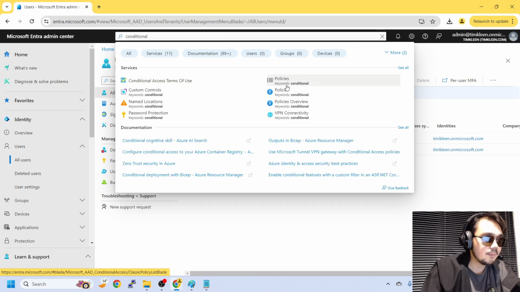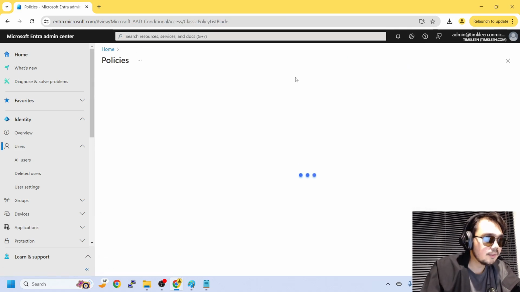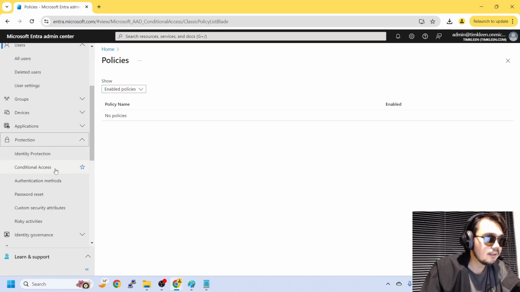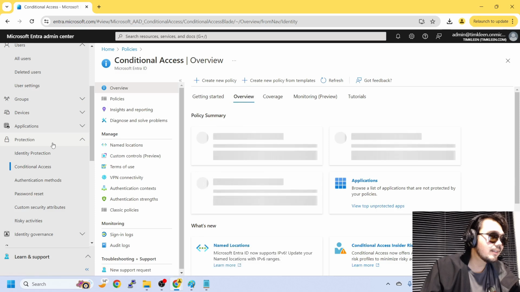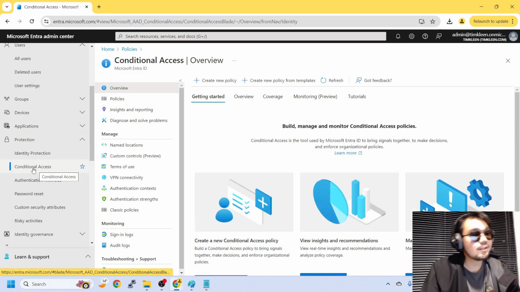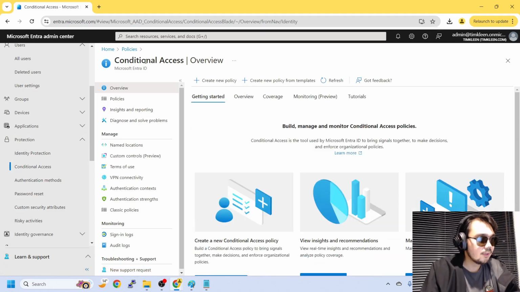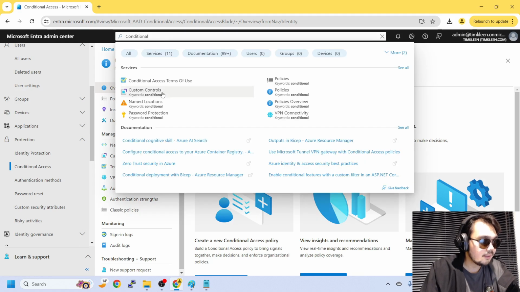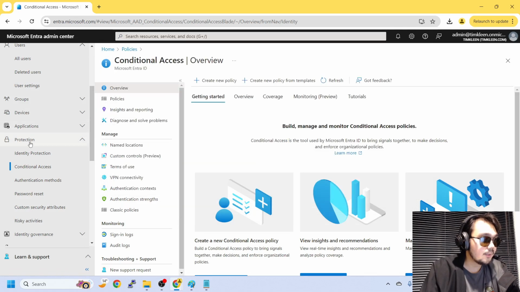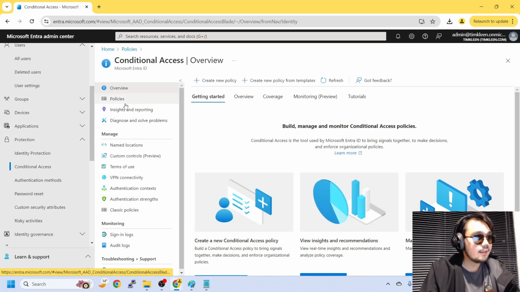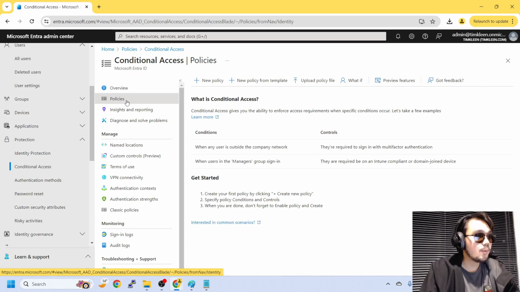Okay, so that's actually under protection and then conditional access. It's kind of weird that I couldn't find it here. I was able to find it before, but anyway, it's under protection, conditional access, and then go to policies. Click on new policy,